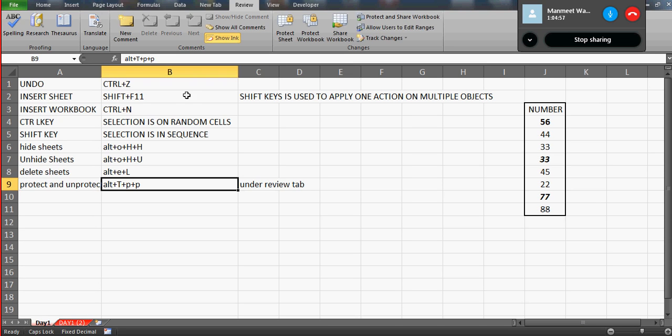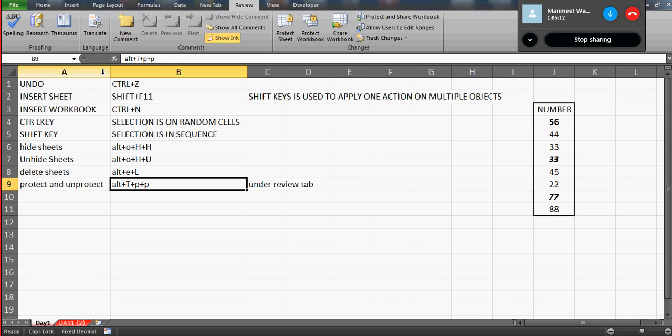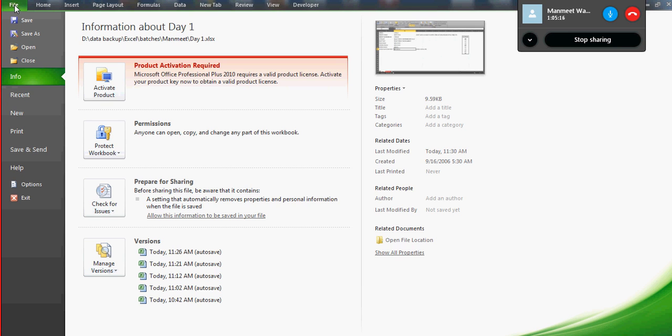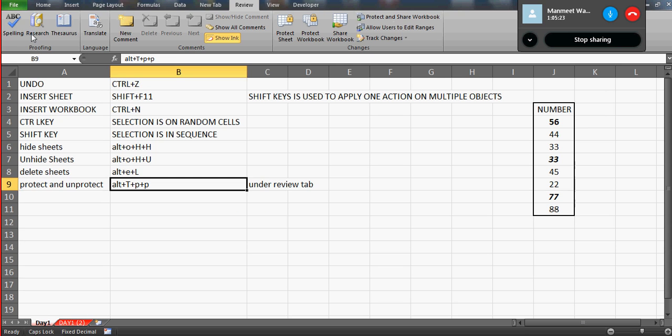Now let's move to protection number 2, which is more advanced, and in that a user will not be able to see the data unless he enters the password. So how is it going to be done? What we'll do is we'll go to the file, and we click here on the save as option,